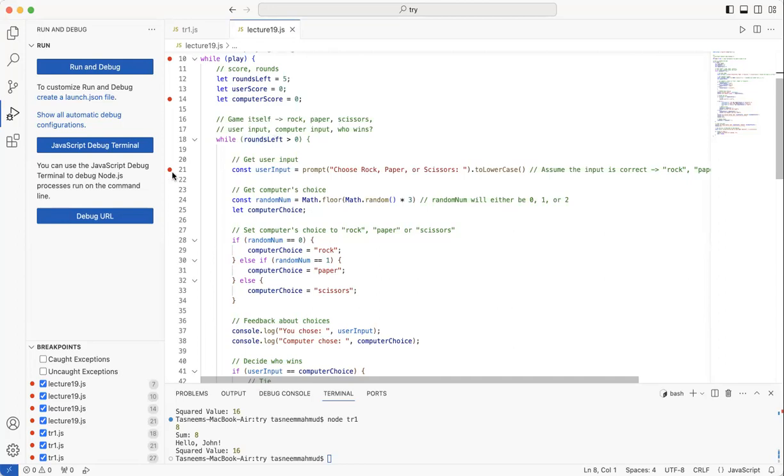So I want to check this line as well. So I put a breakpoint here. But there's one thing though about inputs. Now, while I was using this, I faced an issue, which is VS Code doesn't really let the debugger take inputs when prompt is there. So what we can do, we can just put this part.